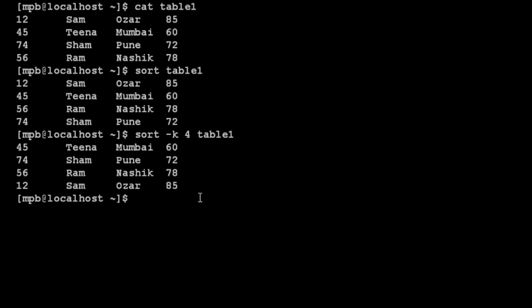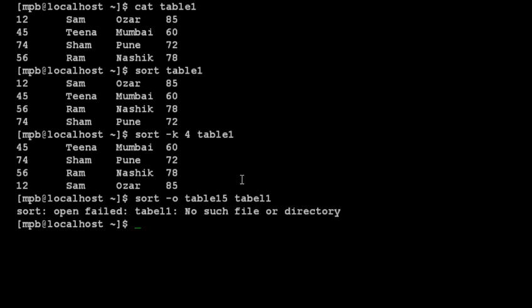If you want to store the output in a new file, then you can use sort, then the -o option. Then you have to provide the new file name where you want to store that sorted output. Suppose my new file name is table 15 and the input file is table 1. Sorry, spelling mistake, so here the spelling is table 1.